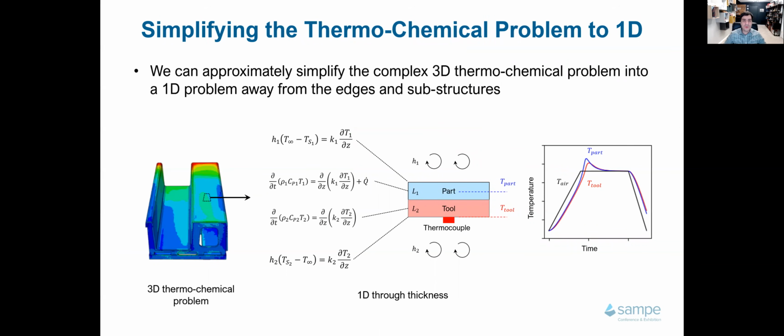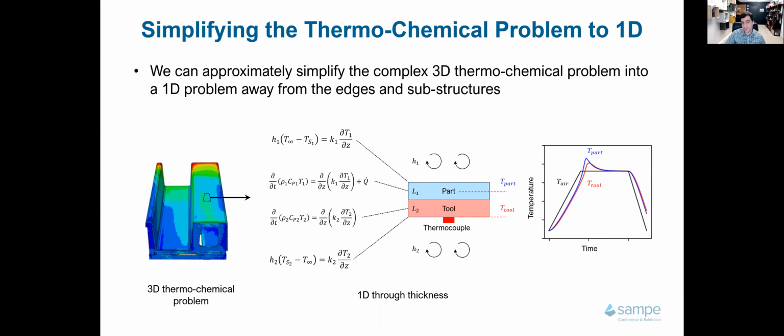You can also do a simplified version of this. And this becomes quite useful when you are in the early design steps, and you can basically take the 3D problem, do what is known as reduced order modeling, due to the fact that the dominant heat transfer mode is through the thickness of the part. You can take elements, you can take points in the part and tool